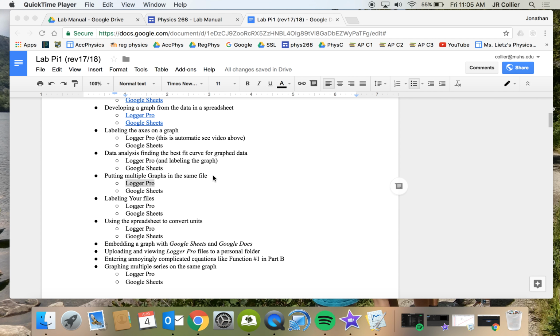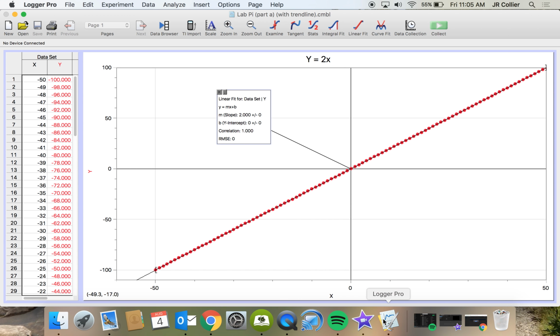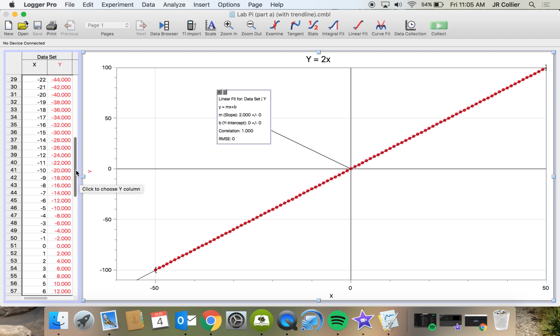The goal is to demonstrate how to put multiple graphs on the same file using Logger Pro. What I will do is open my last version of Logger Pro, and there's actually a couple of ways you could do this, and I'll let you figure out the alternative ways. What I'm going to show you is similar to the way that I showed you with your